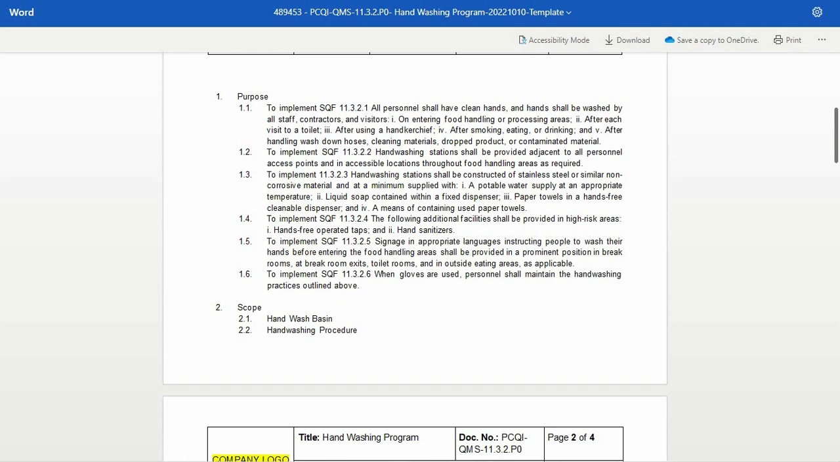Fourth, to implement SQF 11.3.2.4, the following additional facilities shall be provided in high-risk areas: 1. Hands-free operated taps. And 2. Hand sanitizers. Fifth, to implement SQF 11.3.2.5, signage in appropriate languages instructing people to wash their hands before entering the